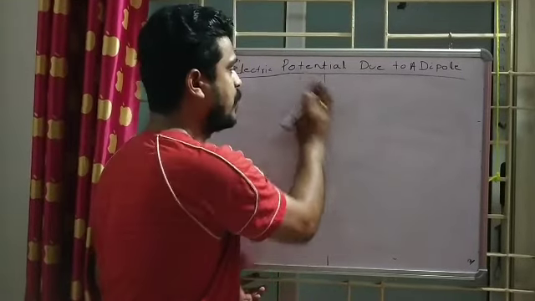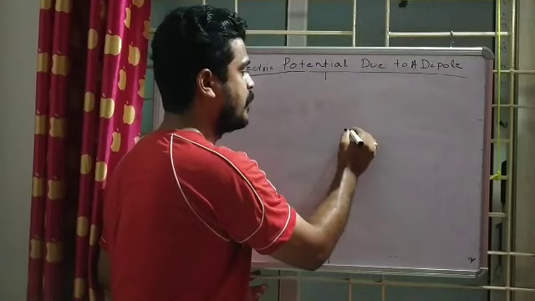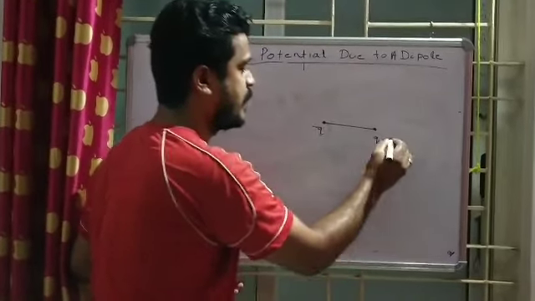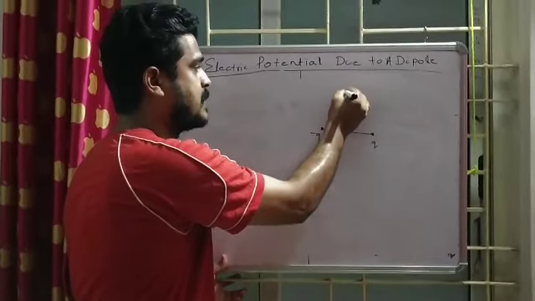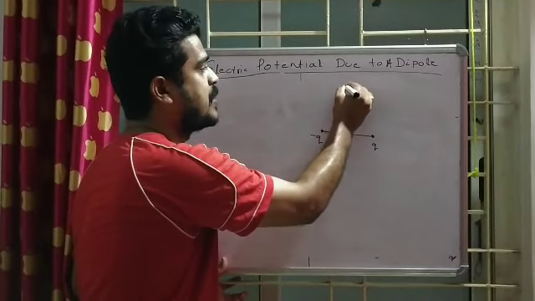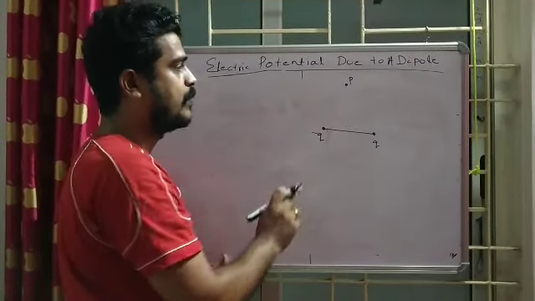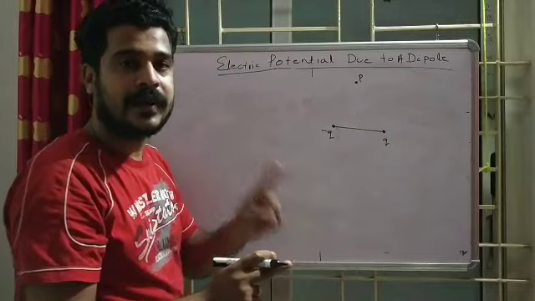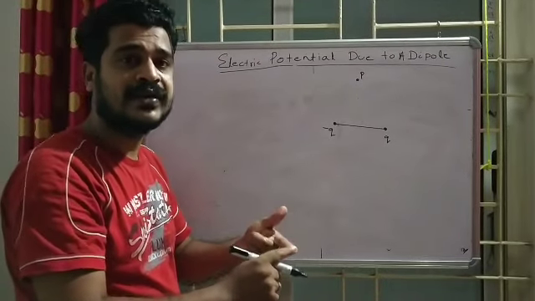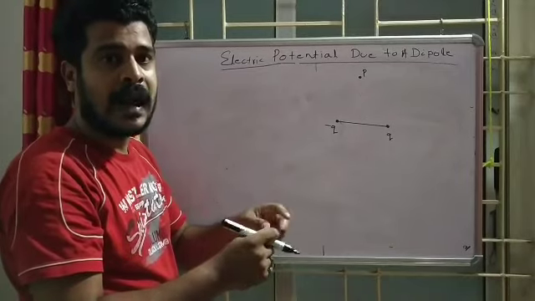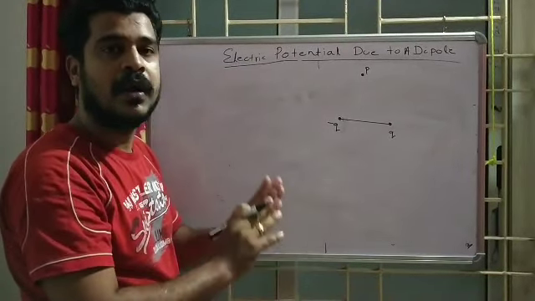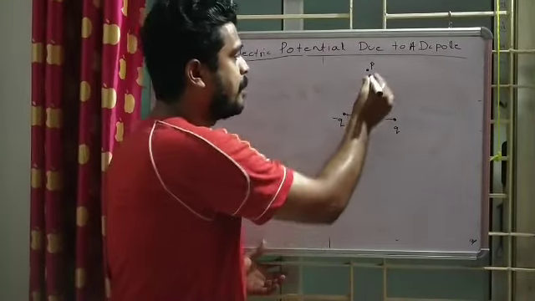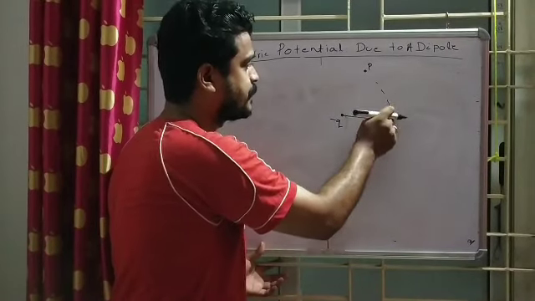Similarly, this is my dipole. It's minus q and plus q. So the equatorial line means this is the equatorial line. I have chosen a point P, and I need to calculate the total potential. As potential is a scalar, we don't need to bother about the direction. In the case of the electric field, we were getting E cos theta, E sin theta components, and the resultant by adding up the components. But here there is no direction, as the potential is a scalar. So I simply have to connect these points.